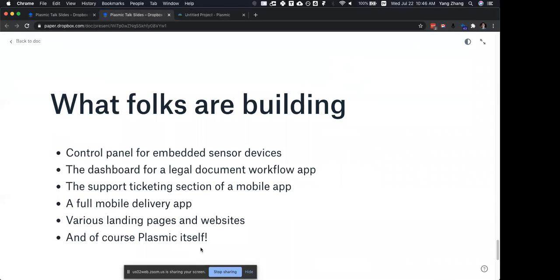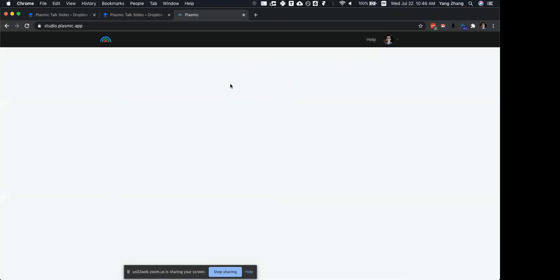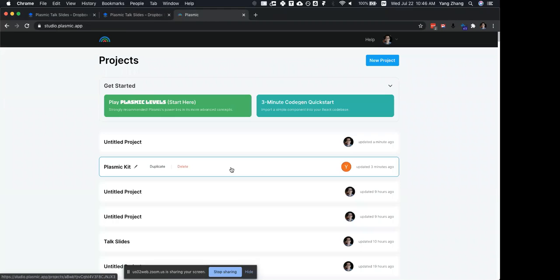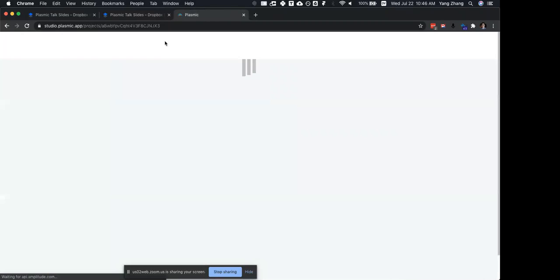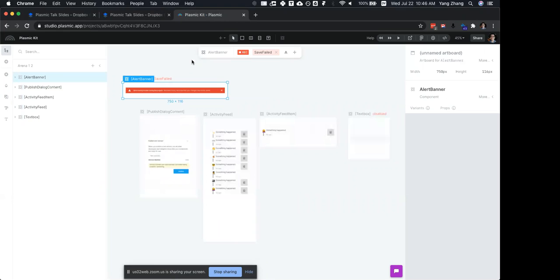And of course, Plasmic itself is built and constructed in Plasmic. So all this chrome that you see around the sides of the app, this dashboard here, you can kind of see. I'll show you our own Plasmic kit. And while that's loading,